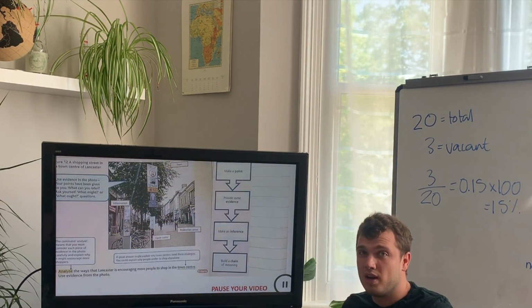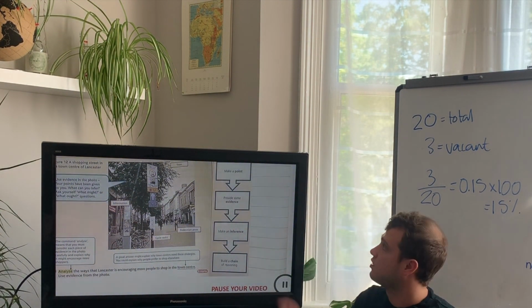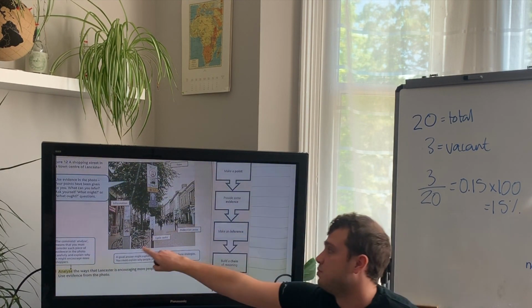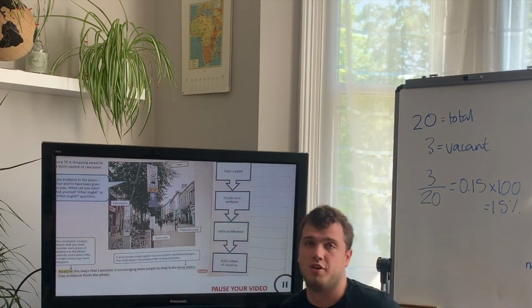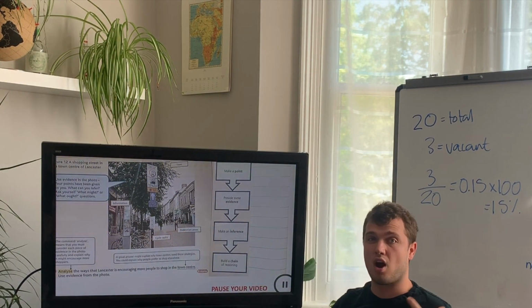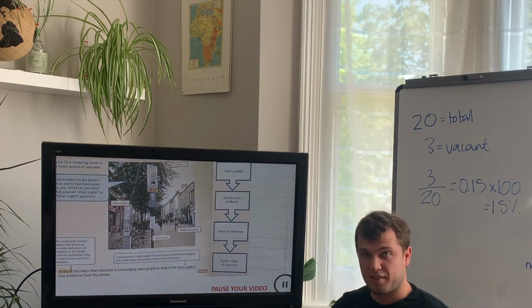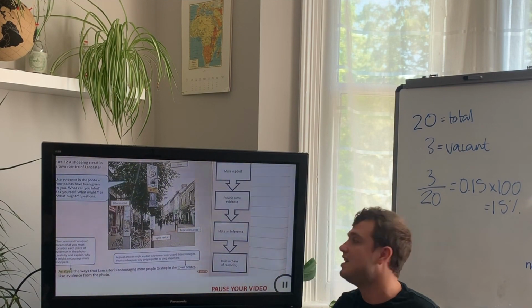So making that point, so saying, from this photo, I can see that there are cycle racks. So I've made a point. I've also provided some evidence because I've said I can see cycle racks in the front of the image. Then make an inference. So this means that people are more encouraged to be active, which leads to a healthier, fitter society. So I've then explained that with a chain of reasoning. I've elaborated and explained it.